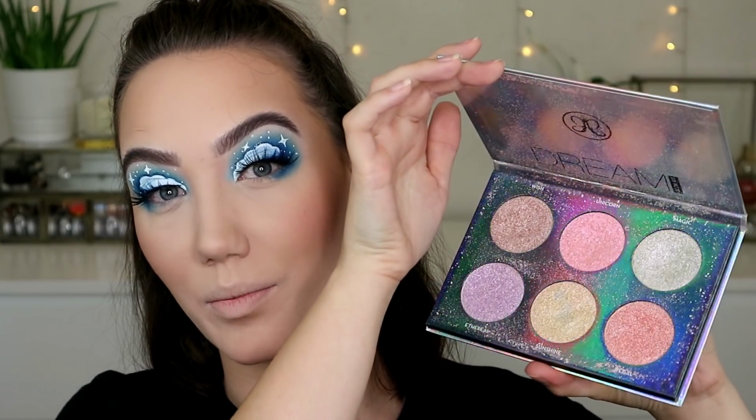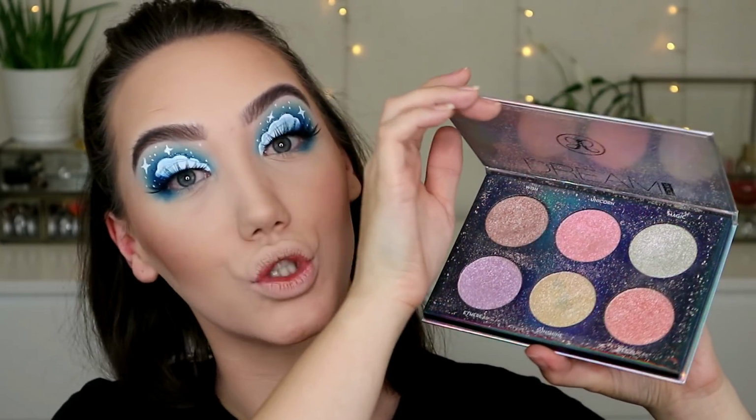Alright, we need to add some glow desperately to this look. So if I can move my light out the way. For my face glow, I'm going to grab my ABH Dream Glow Kit. This has seen some action. I love this glow kit so much. And I'm going to take the shade Magic, this top one, the kind of